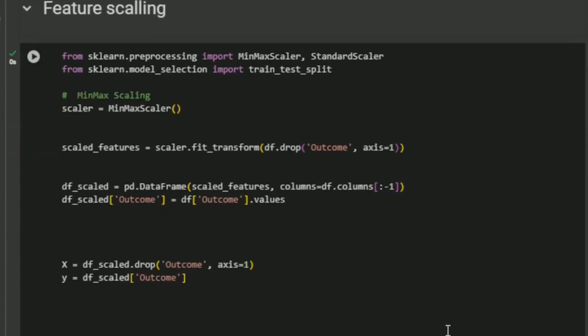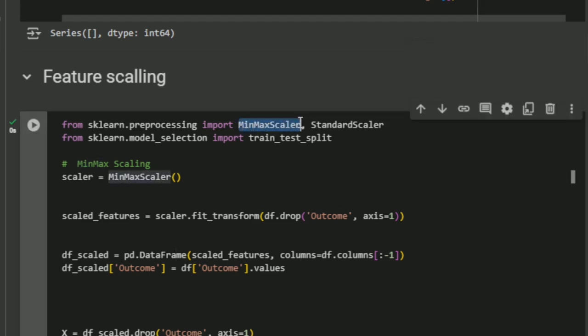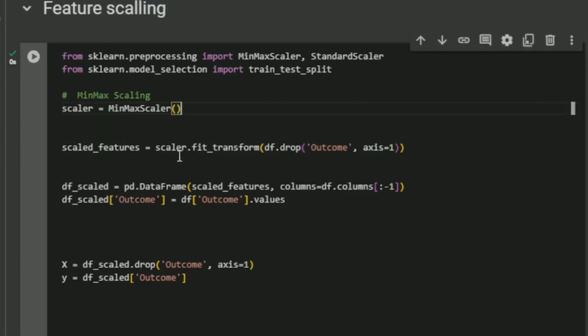Once we addressed missing values, the next step was feature scaling. This is important because our dataset contains features with different ranges. For instance, glucose ranges from 0 to nearly 200, while BMI ranges from 0 to 67. To bring all the features to the same scale, we used min-max scaler. This method scales the values to a range between 0 and 1, which ensures that each feature contributes equally to